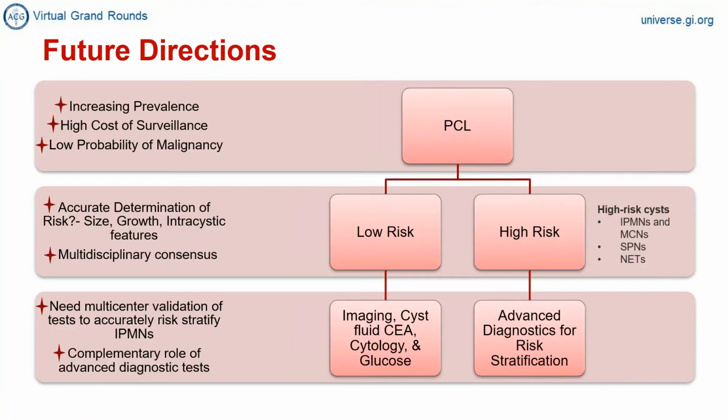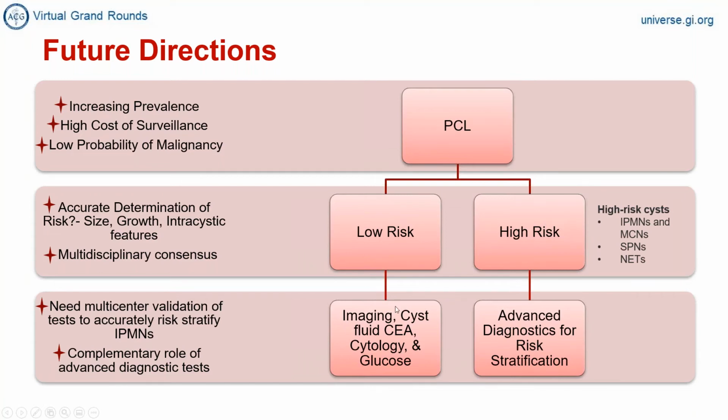Now, having this discussion about standard of care diagnostics and the novel diagnostics, where do we stand? So you have a patient with a pancreatic cystic lesion, and these are increasing in prevalence. Much of our pancreas clinics are now filled with patients referred for incidental pancreatic cystic lesions. Overall, they have a very low probability of malignancy if we take all pancreatic cysts. So the current guidelines should be able to help us in the bottom line differentiation into low risk and high risk cysts. And if you think it's a low risk cyst, we can go for a low cost